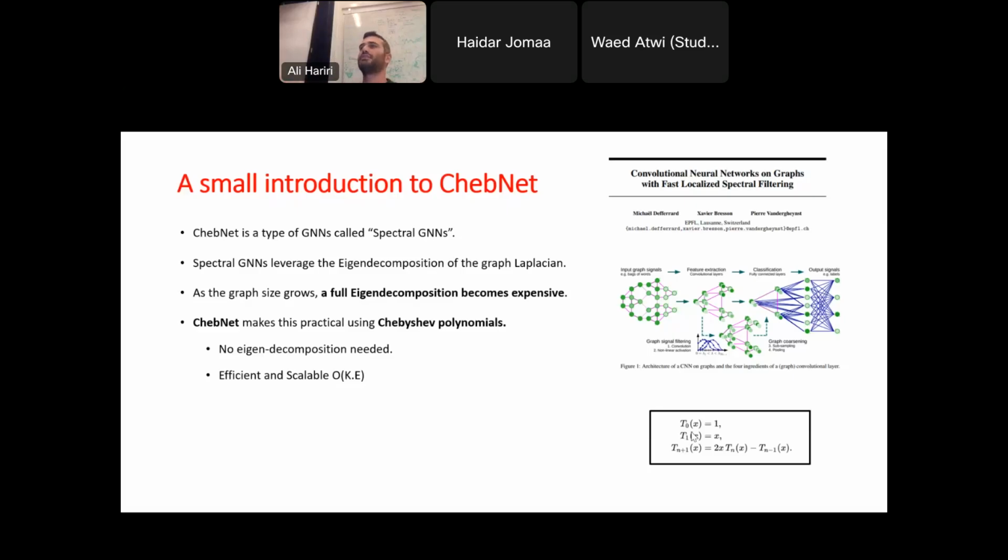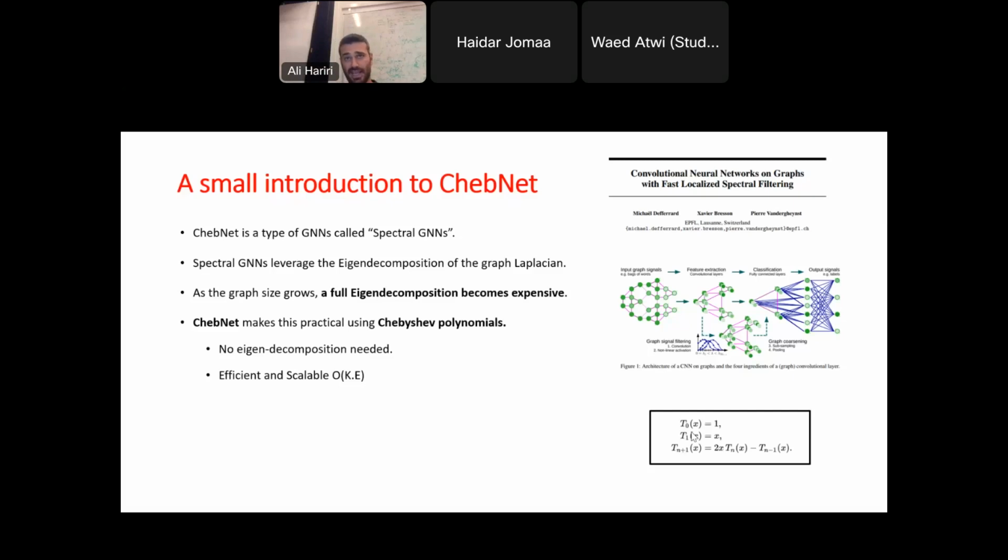And if you want to analyze the graph from a visual perspective, you do graph signal processing, you do an eigendecomposition of the Laplacian. The problem is this eigendecomposition is expensive if you have a very large graph. And imagine having to compute 1 million eigenvectors and eigenvalues. It's expensive. So Chebyshev polynomials came in and said, actually, we don't need to fully compute them. We can just approximate them using this Chebyshev recurrence term. And this makes the process much more scalable and efficient.